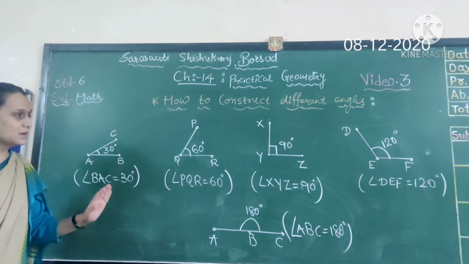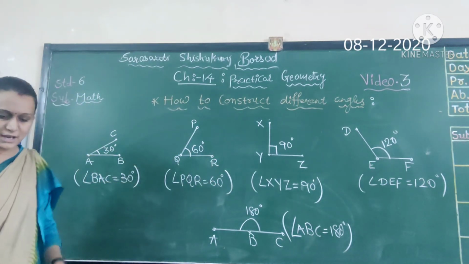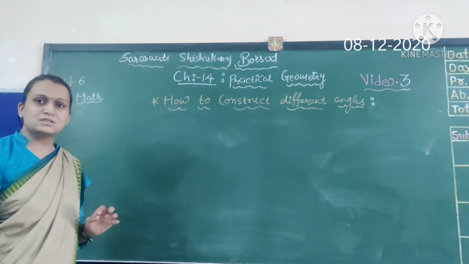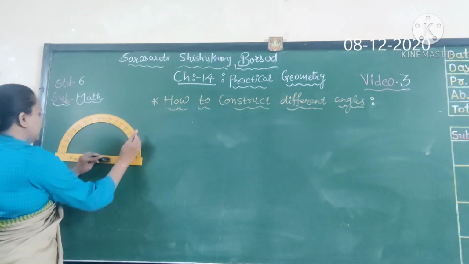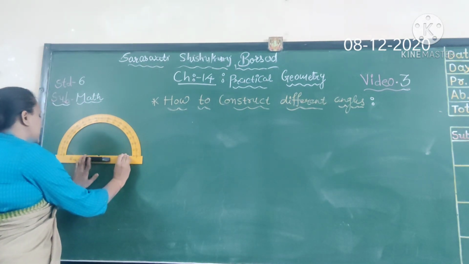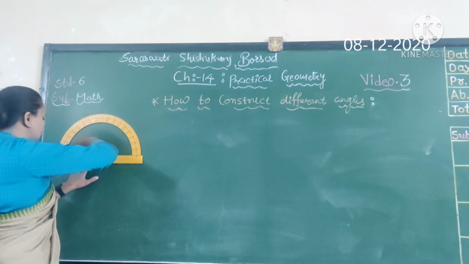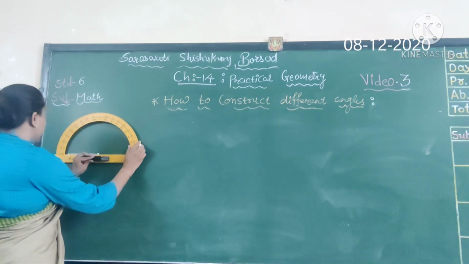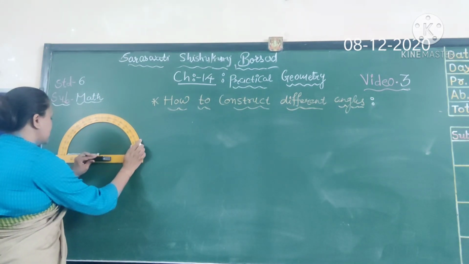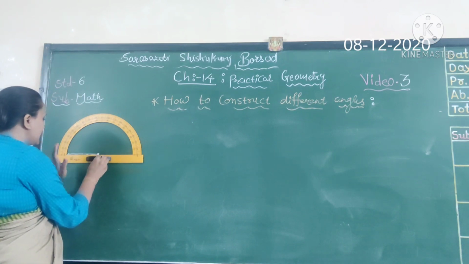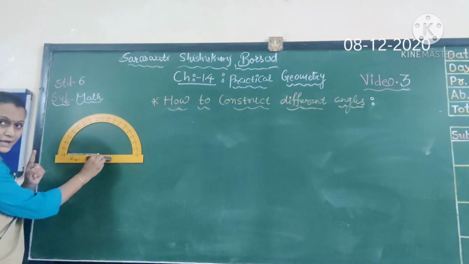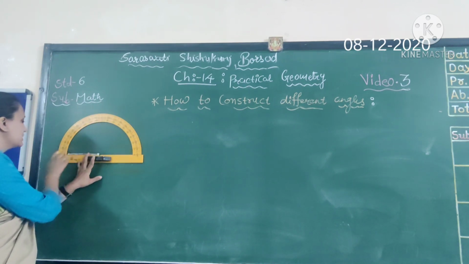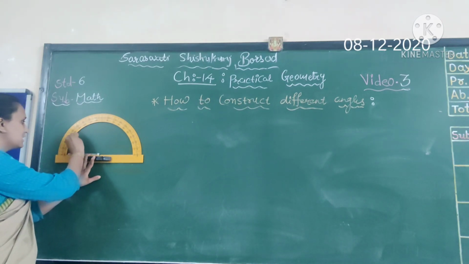Let us understand how we can construct the same angles on the left hand side. Same way, first we have to make a straight line like this. Okay. Then if you want to construct 30 degree, then you have to mark the protractor like this. Okay. We are constructing on the left hand side, so you have to use the scale of the left hand side. So for the left hand side, we are using the outer scale. Clear? So here on the outer scale, 30 degrees is here. So mark 30 degree here.